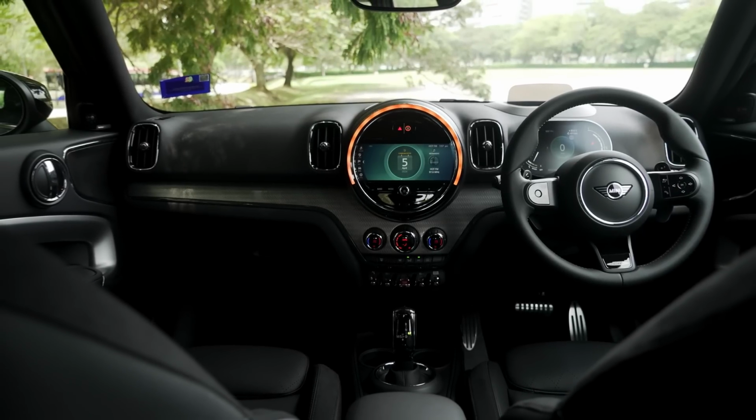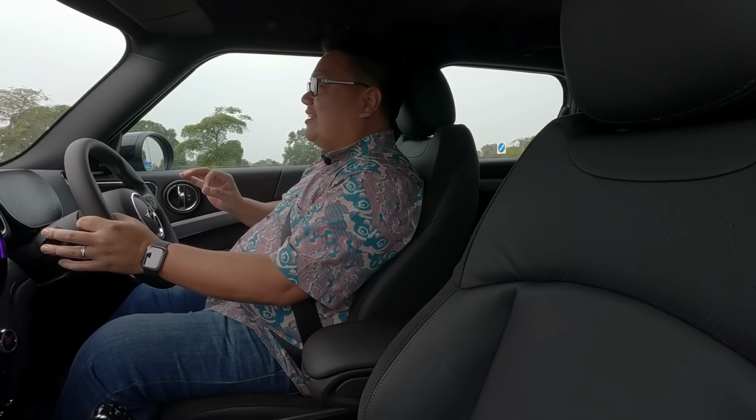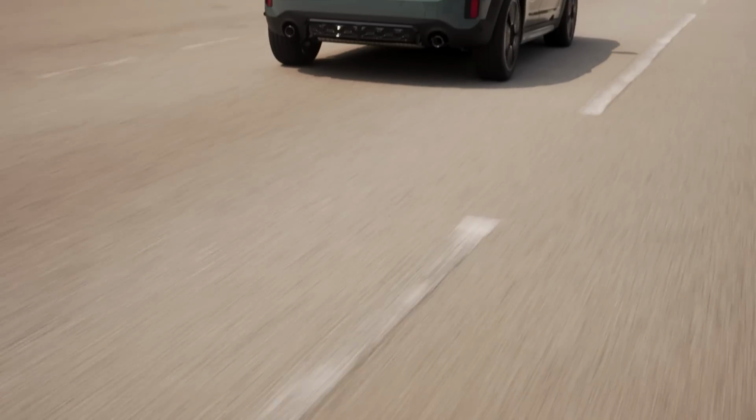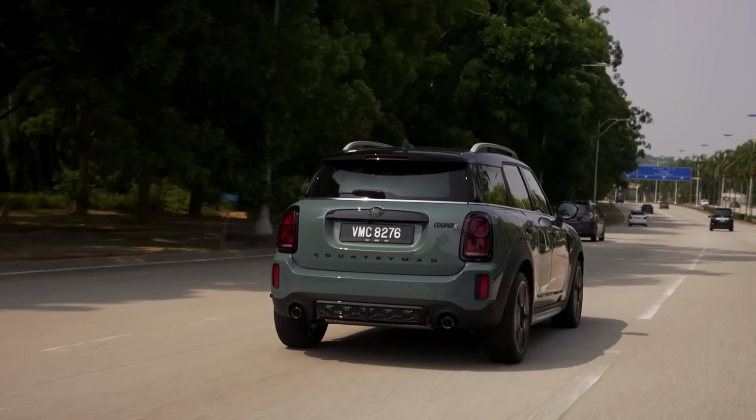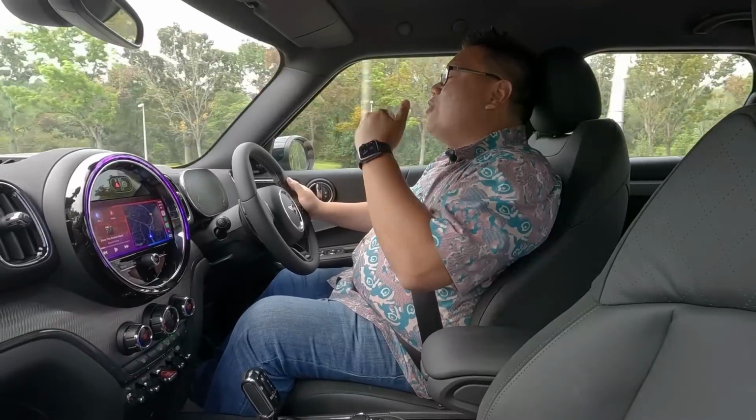Now let's touch lightly on refinement, or rather the lack thereof. I'm sure you can already hear it behind my voice. There's a lot of road noise, a lot of wind noise coming into the cabin as well. It's not great in here, that is for sure. Especially here on the very coarse Putrajaya roads, it's nearly deafening, the level of road noise coming in. You may think I am screaming at you right now, but that's because I can't really hear myself talk. I have to talk over all this noise coming into the cabin, so yeah, sorry if I'm screaming at you